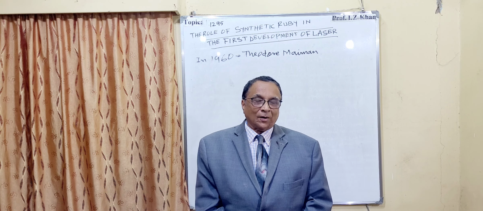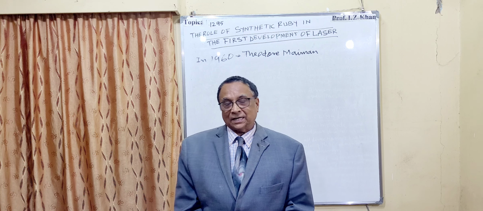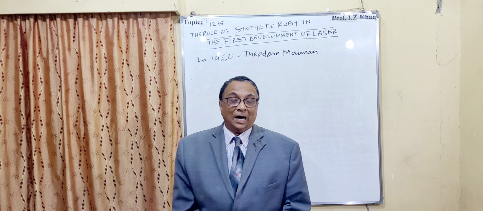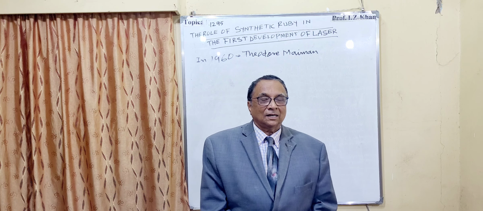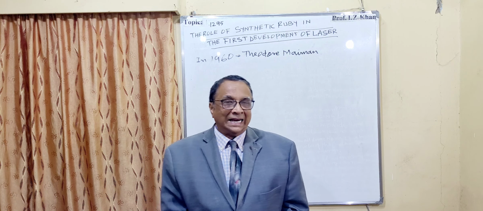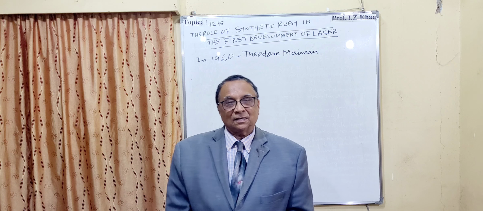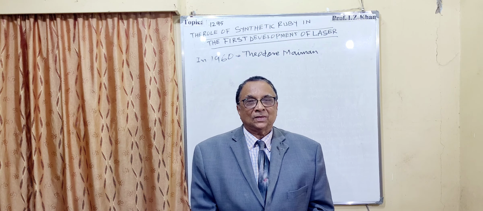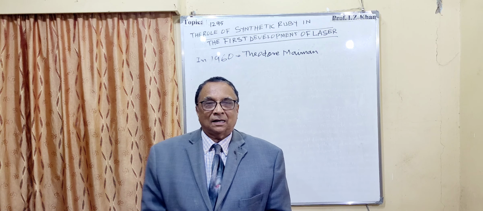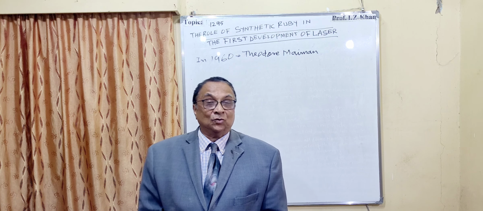Today's topic is the role of synthetic ruby in the development of the laser. The first workable laser was developed by the American physicist Dr. Theodore Maiman. In 1960, he produced the ruby laser, and that was when the first applications of such a laser started. Theodore Maiman is the father of the workable laser, and different applications and new technologies started